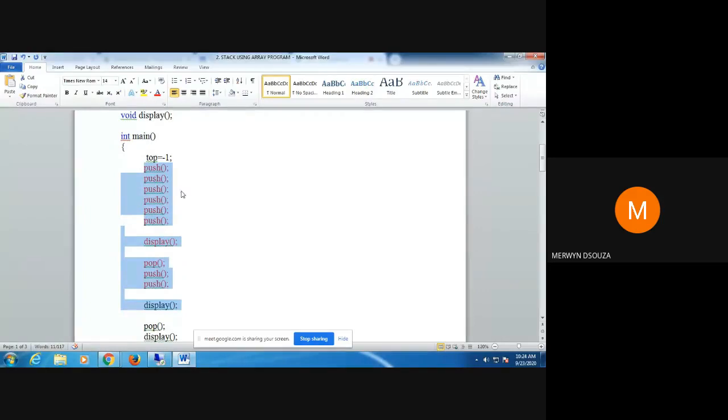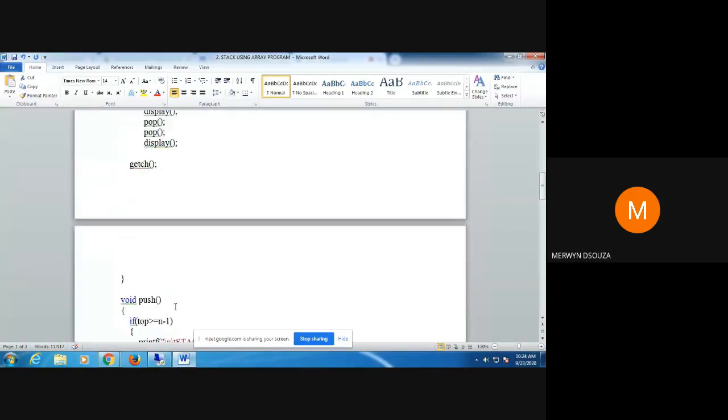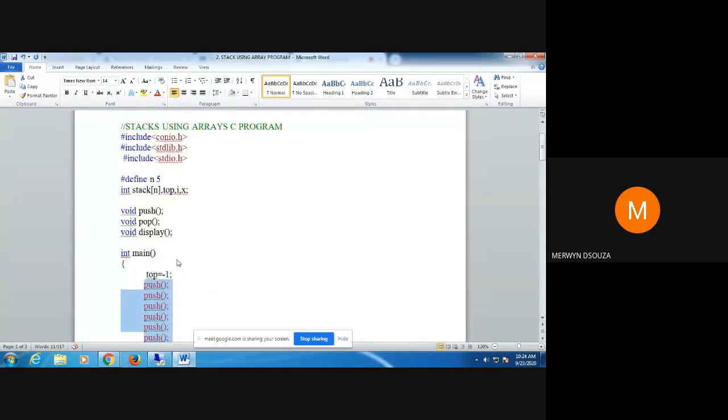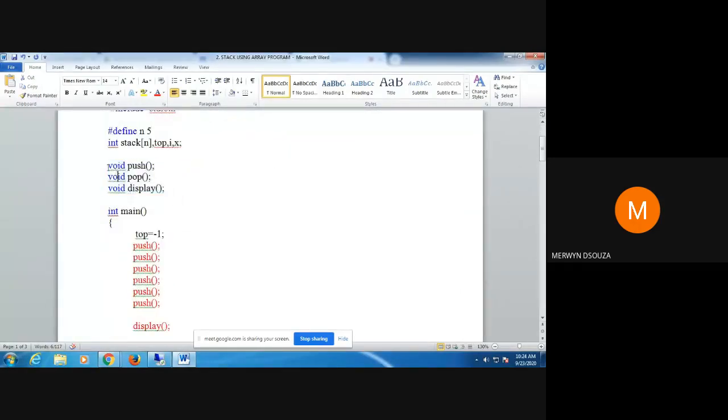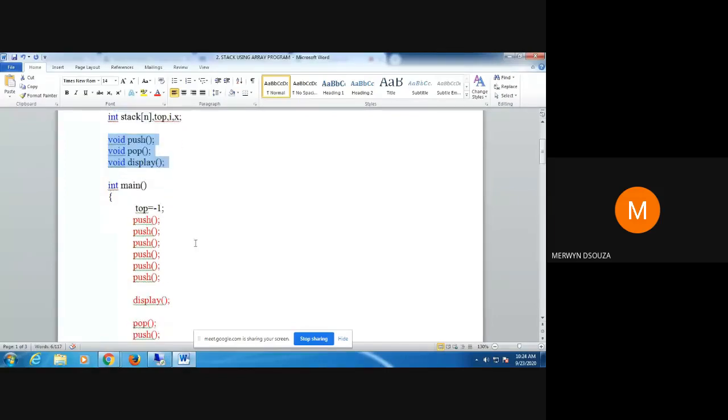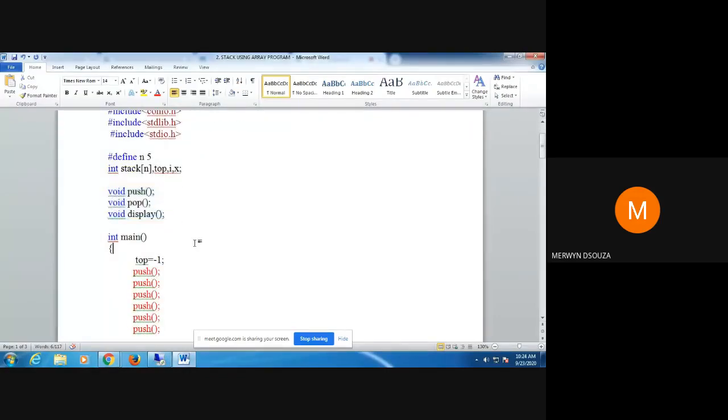Since you start calling these functions before they are defined, you have to give the function prototypes. If you don't give the function prototypes, you get an error. So this is known as top down programming.